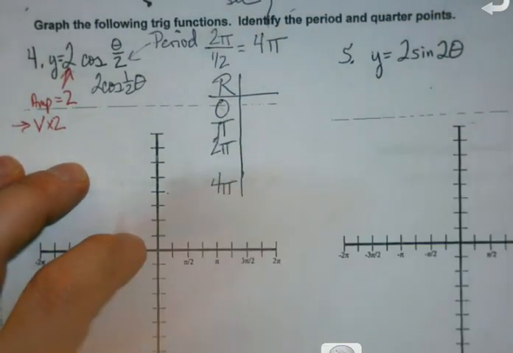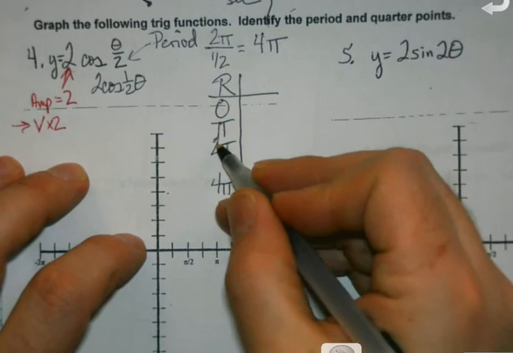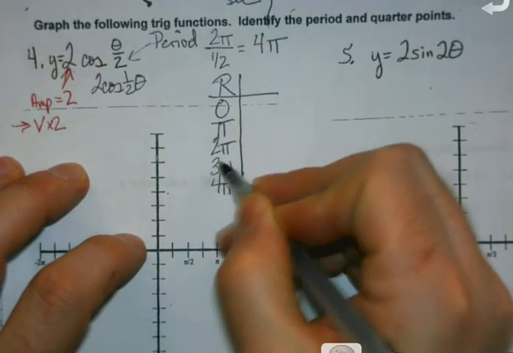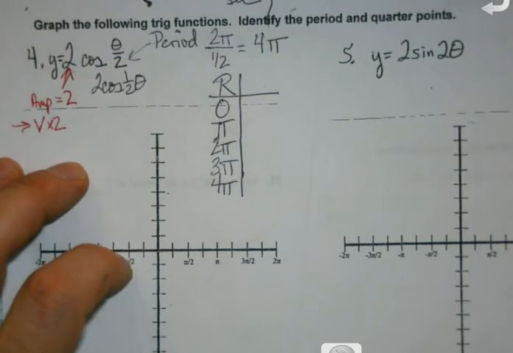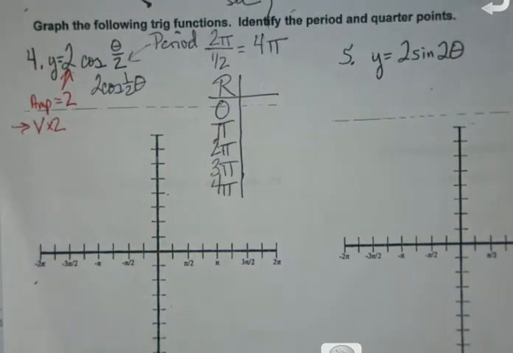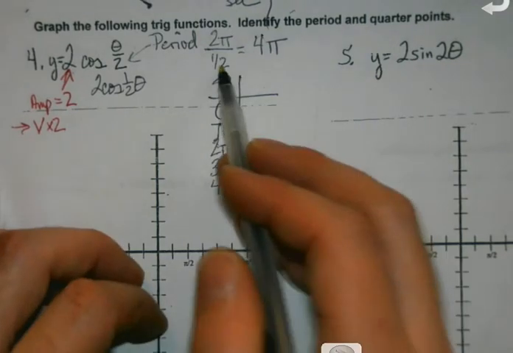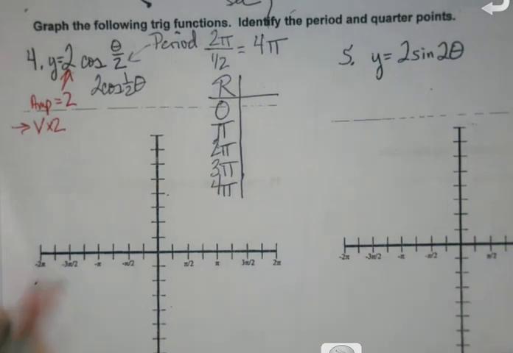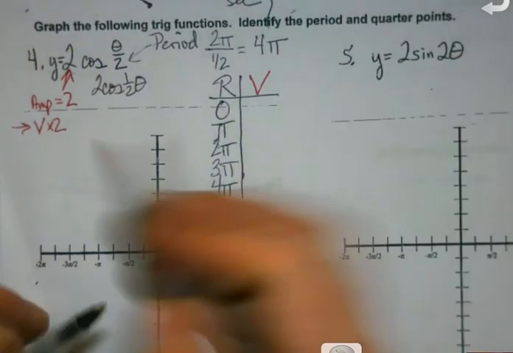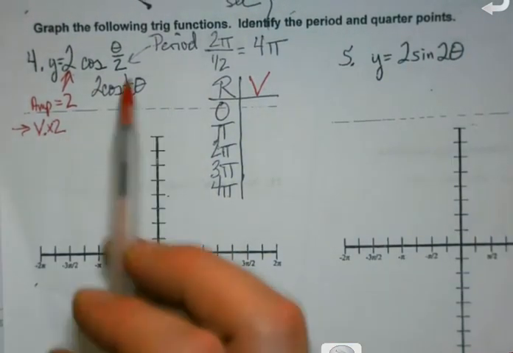1 pi, or pi. And between 2 and 4 is 3 pi. Now, will it always turn out that nice? No, we've learned that, okay? But again, just keep reminding yourself on these that you're just, in this case, dividing by a half or multiplying them by 2. So once I get to the value, then I start looking here and I'm like, okay,